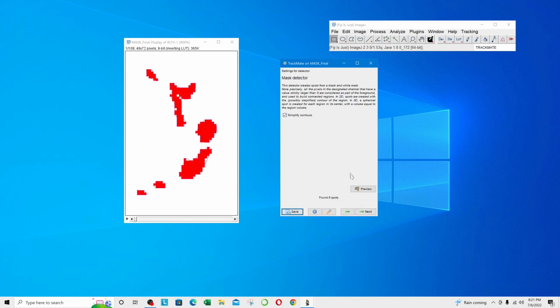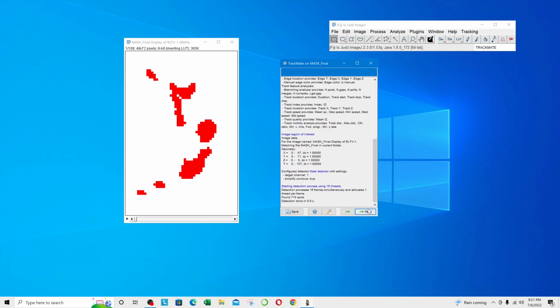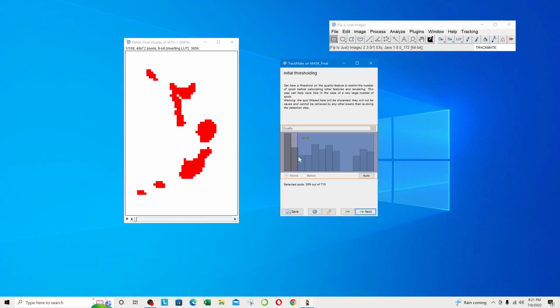So when I do the mask detector and I click on preview, it has simplified the regions by drawing a contour map on top of my thresholded mask. Now if I unclick this simplify contours, it is picking up every single contour, every single nook and cranny of my threshold image, and that is not what I want. I want the contours to be simplified because they're easy to look at at that point. So for me, I'm going to click the simplify contour and hit next, next again, and over here you can decide